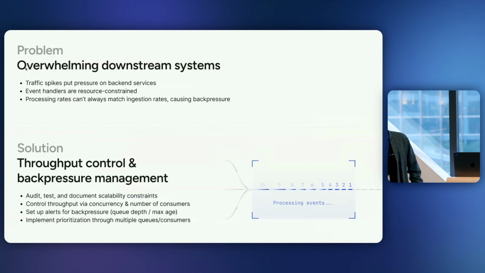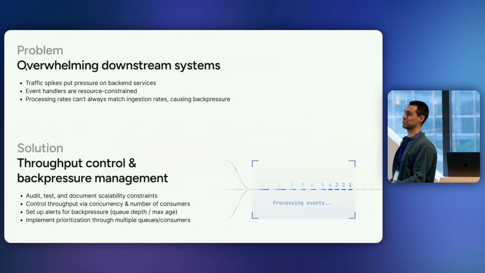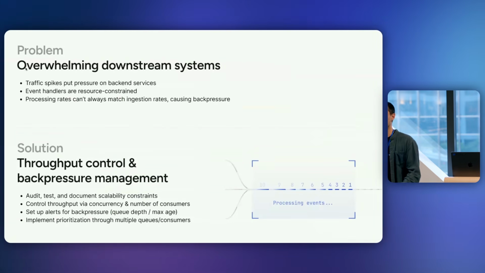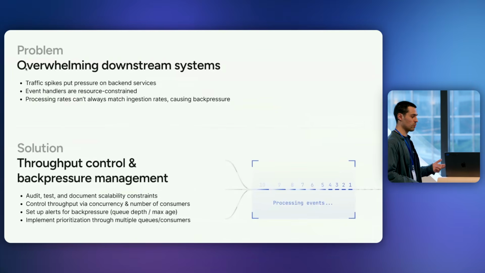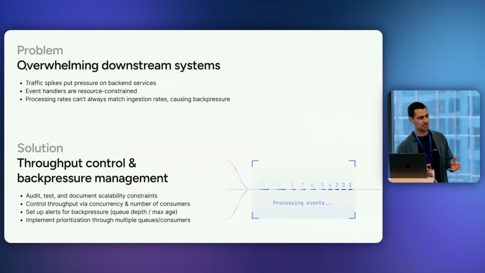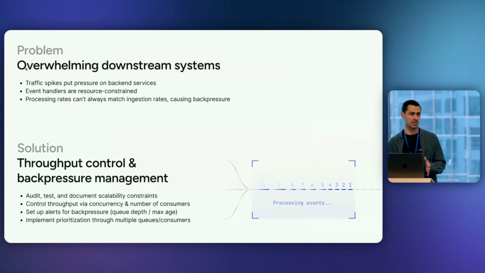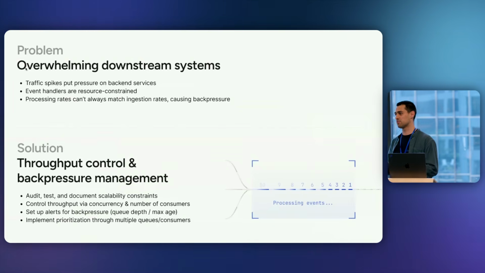Now though, you have another new problem, which is you've put a bunch of stuff in a queue, right? And it doesn't mean that everything you've put in the queue, you're actually able to process. And so the second consideration that you have is how much can you scale based on the amount of things that you put in that queue, and how do you manage back pressure?